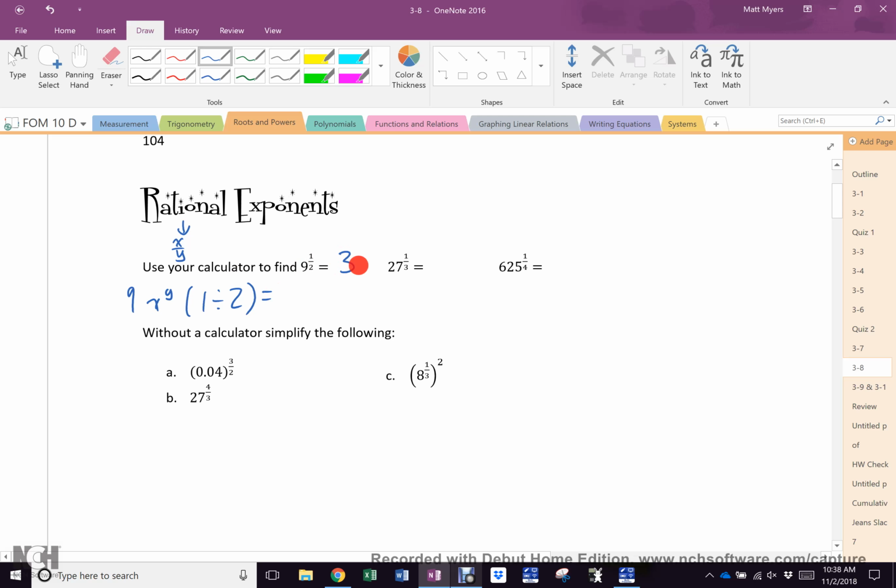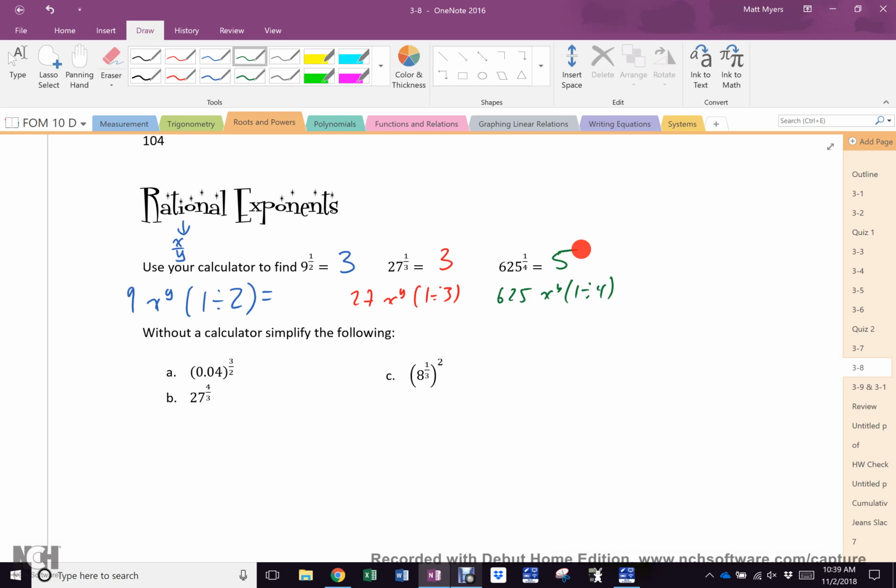3. Now, do the same thing with 27. 27, exponent button, 1 divided by 3. 3. Then do the same thing with 625. Exponent button, 1 divided by 4. And it will equal 5. Now,